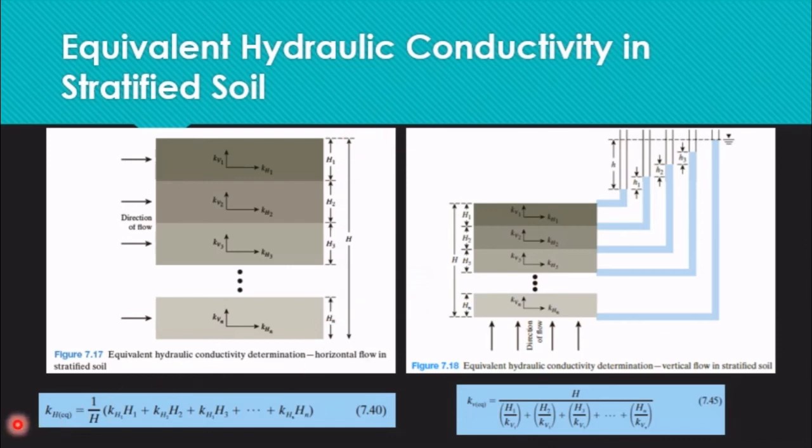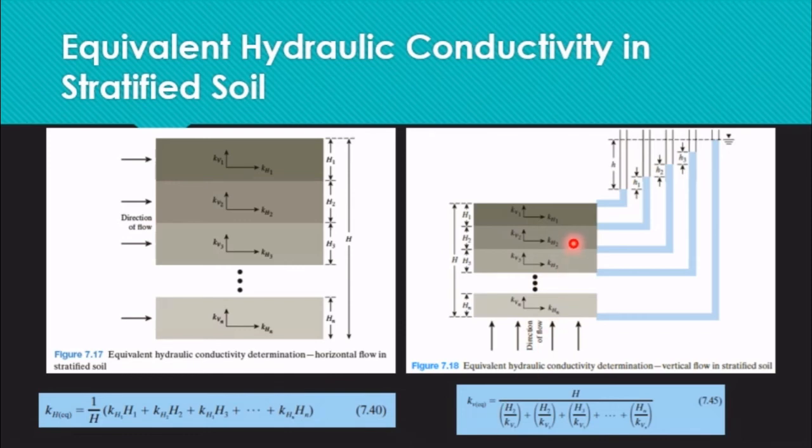So, K_H equivalent for horizontal is 1 over H multiplied by K_H1 H1 plus K_H2 H2 and so on. Yan, kukunin mo lang yung summation ng K_H. For the vertical